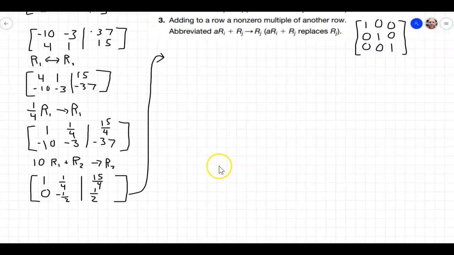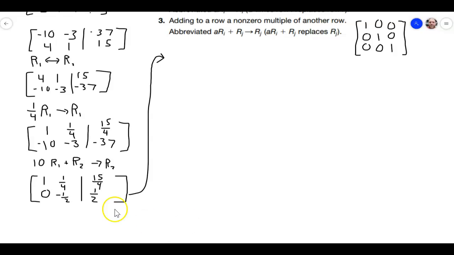And when we start the new column, we are always going to start by making this position here on the diagonal a 1. So how do I get a 1 from a -1/2? Well, I can just multiply it by -2, right? If you want to solve a little equation on the side, you can say, what times -1/2 gives me 1, right? And then you could solve that equation there. You multiply both sides by a -2,